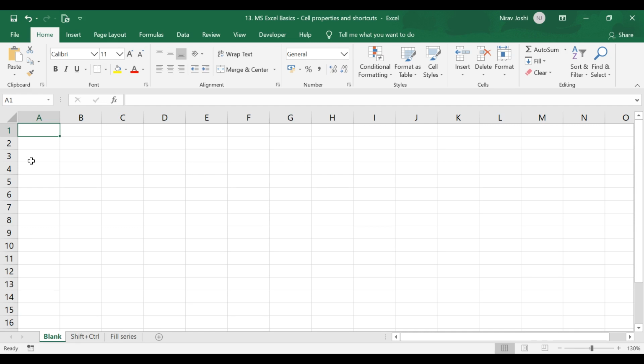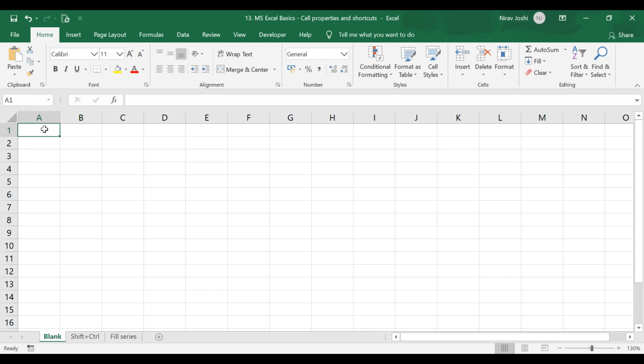So first of all, we will be discussing some of the properties and functions related to an individual cell. As we discussed in the last video, there are about 16,000 odd columns in Microsoft Excel as well as about 10 lakh odd rows in a worksheet.